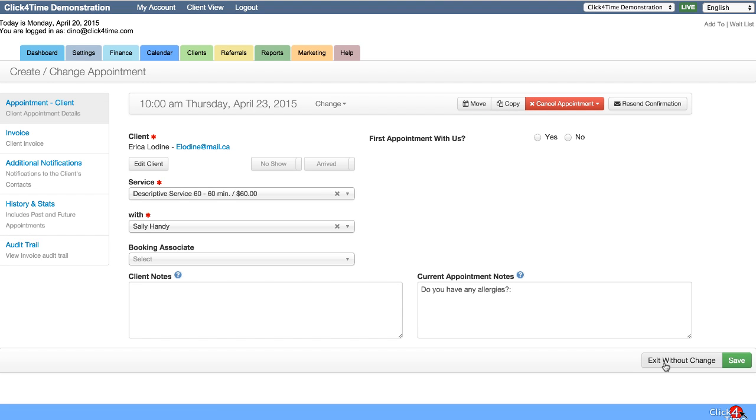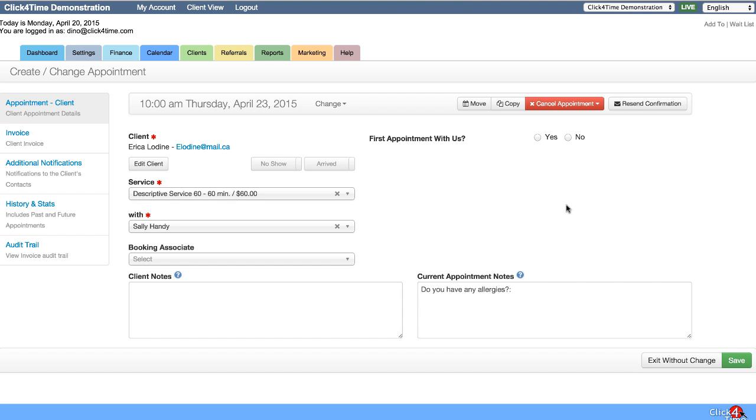The email options in these cases affect the sending of the email to the client and the service provider. If a client didn't receive the original confirmation email, there's a resend confirmation button in the appointment details screen as well. Well, that pretty much covers the bulk of the notification settings.